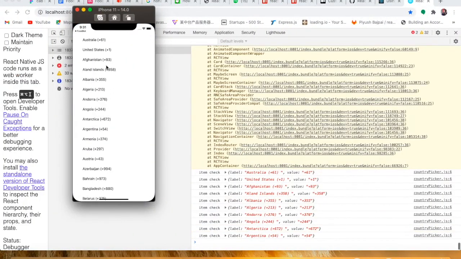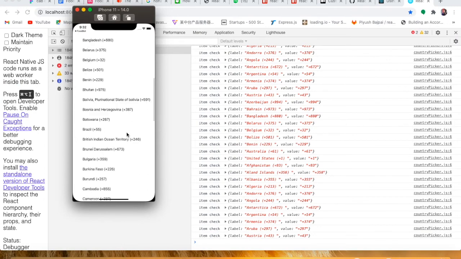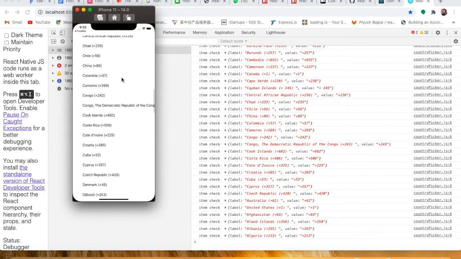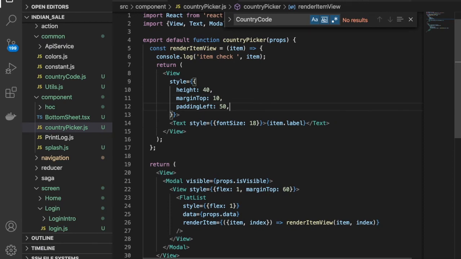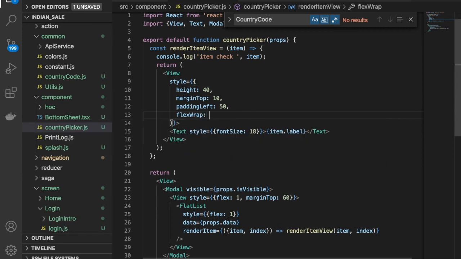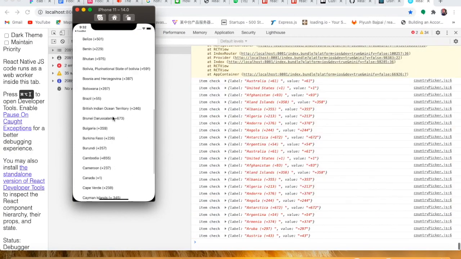Checking again, it's completely fine now. Okay, so this is the problem, I think. You can see these texts, right? So we have to provide a property called flex grow or flex wrap, something wrap here. All right, check again.